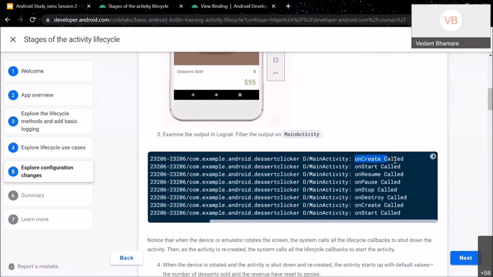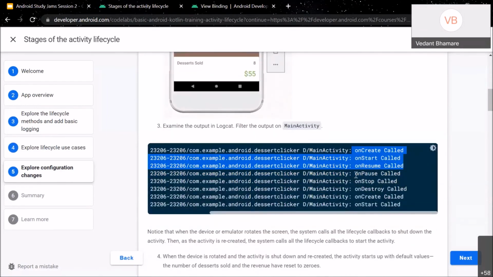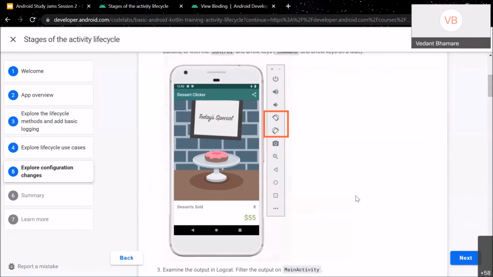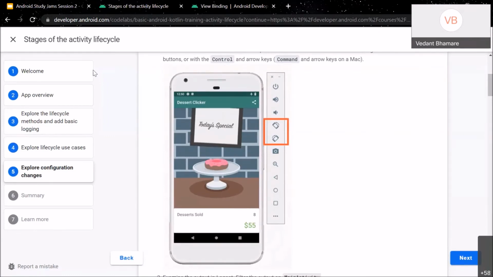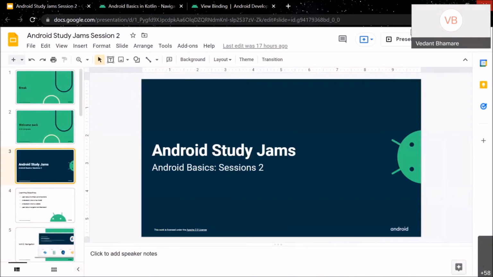Whenever the app is launched the first time, on create is called, then on start is called, and then on resume is called. And whenever you rotate the screen, these methods would be called: first pause, then stop, then it would be destroyed, and it would be created once again. So basically, whenever you rotate the screen of your app, this whole screen is recomposed. The whole main activity code is rerun, and your whole activity is built again freshly. So this is the main problem of the life cycle. This is where architecture components are introduced.